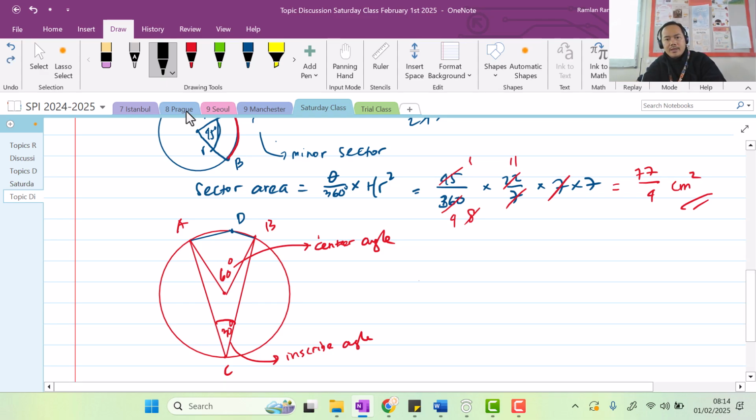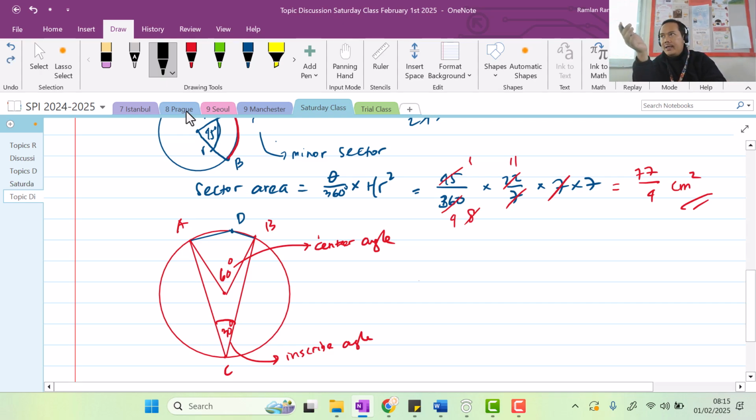Now, the one that we talk about, center angle and inscribed angle, this angle here should be in front of the center angle. So it needs to be there. Or you can actually go there or there, but you cannot go backward. For example, it's over there. So this is not 30, right? Because it's impossible for this to be 30, because that is not an acute angle, right? It's an obtuse angle, which means that it will be more than 90, right?